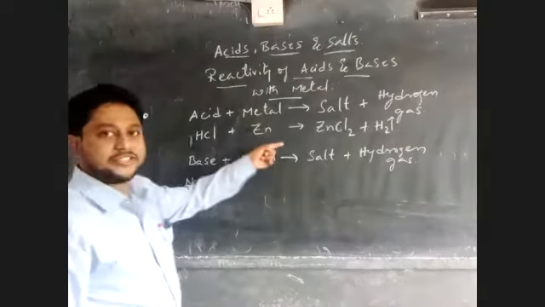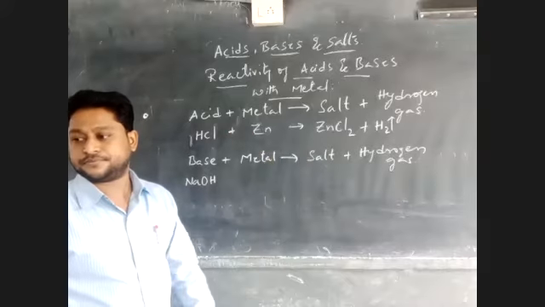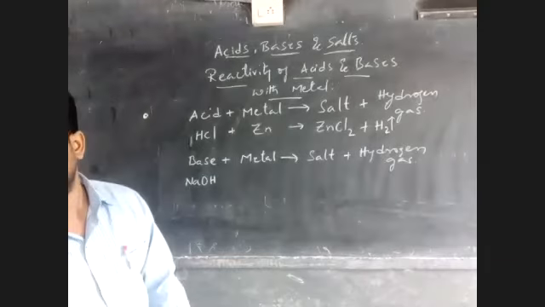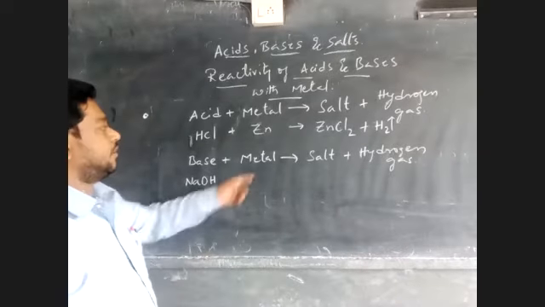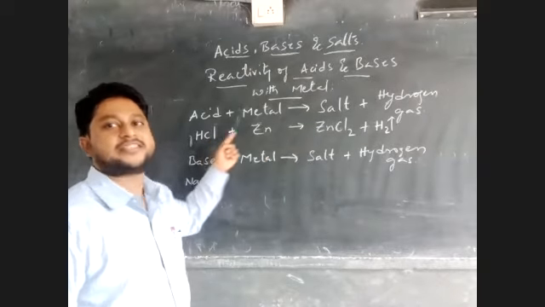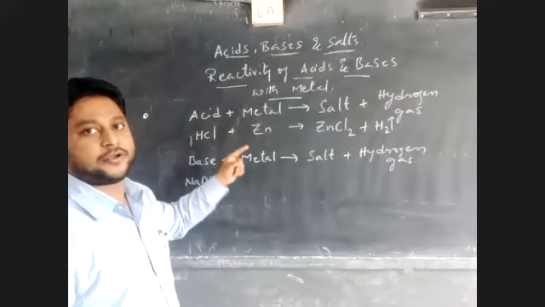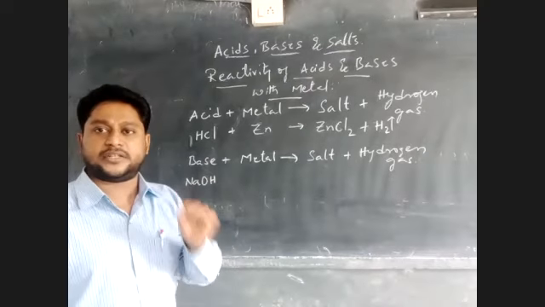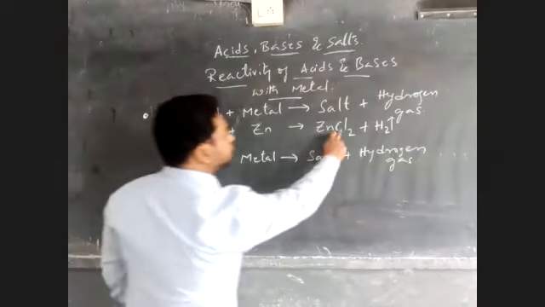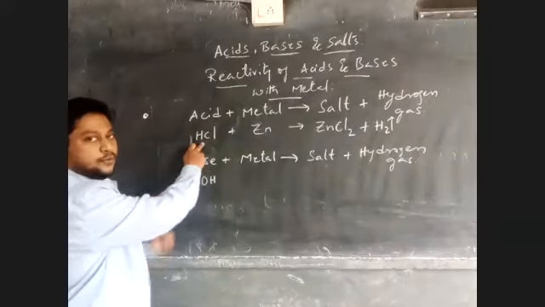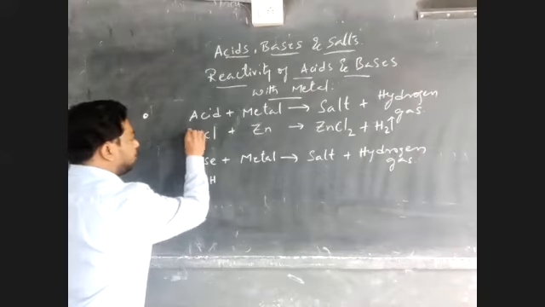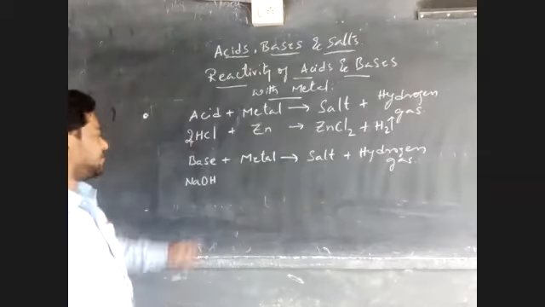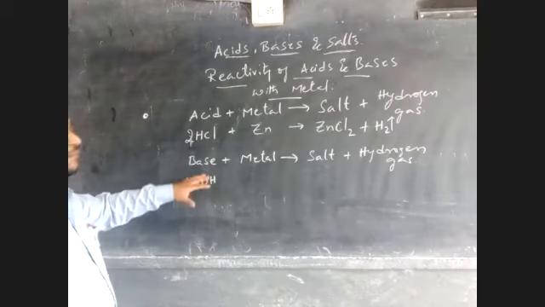Before we go to that, let us check: is the reaction balanced? No. The given reaction here is a skeleton equation, so you need to balance it. Don't forget, when an equation is provided, you need to check whether it is balanced or a skeleton. If it is a skeleton, go for balancing. Here you have two chlorines and two hydrogens, but on the other side only one hydrogen and one chlorine. So I balance it by writing 2 before HCl. Balanced. Next, NaOH.